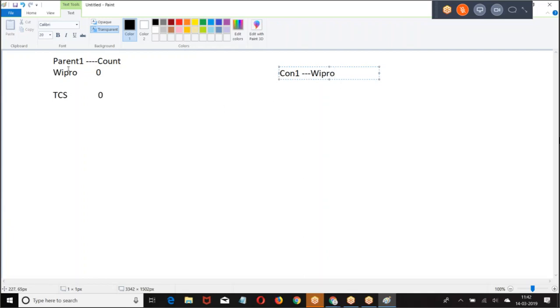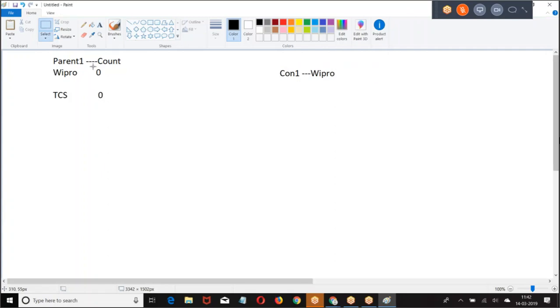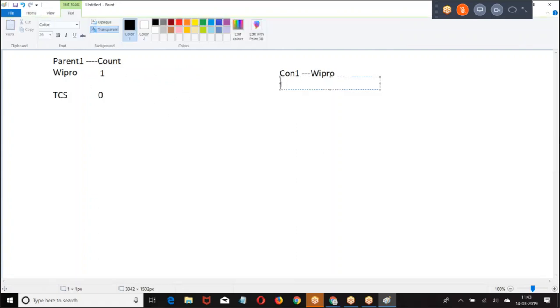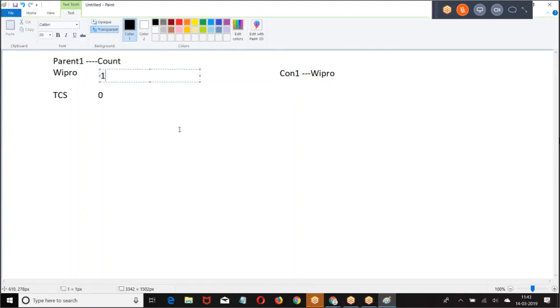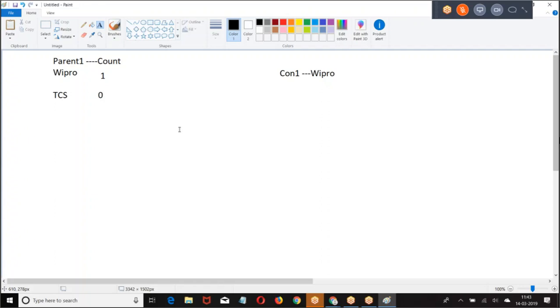When a new child record is created for this, increment the count, right? When I add one more contact, then the count increases again. If I delete any one of the child records, the count should decrease. Am I right or no? Okay.